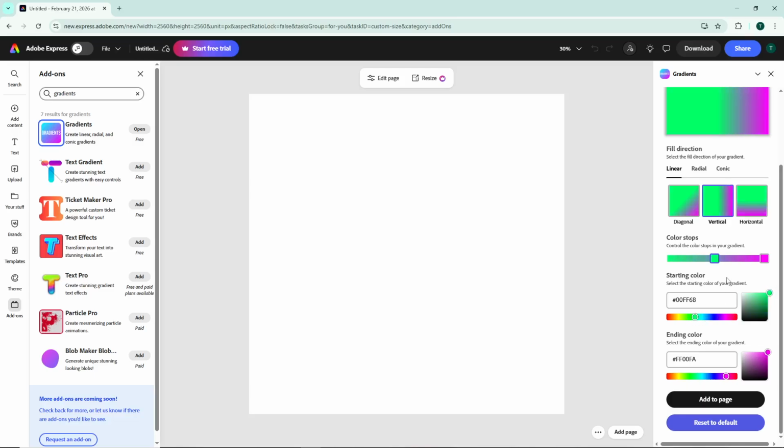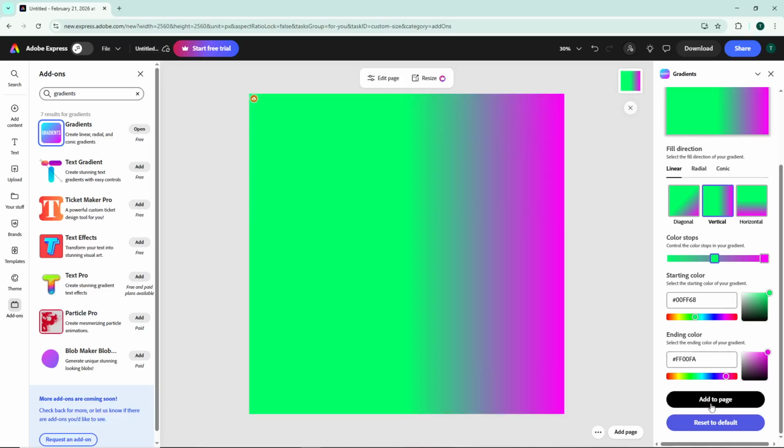Finally, once you're satisfied with your gradient's appearance and colors, click Add to Page. This will apply the gradient directly to your canvas as a background, instantly transforming your design with that modern, polished look. And there you have it, a beautifully customized gradient background in Adobe